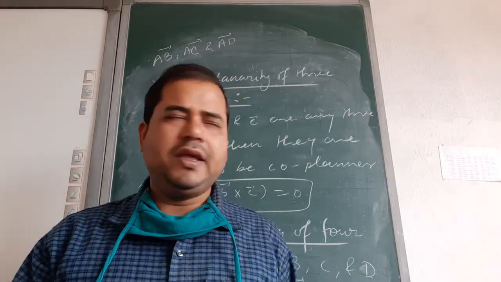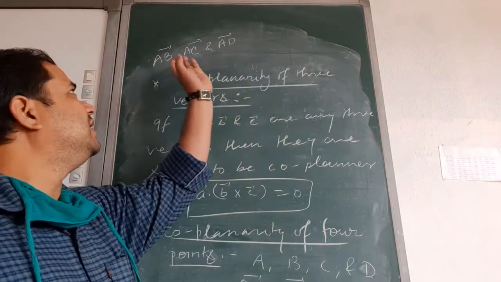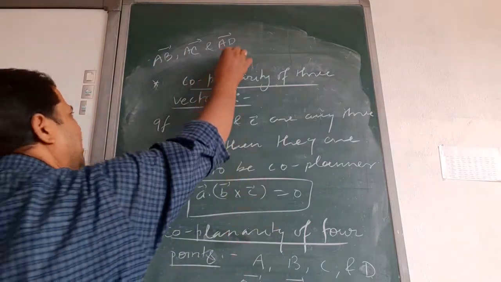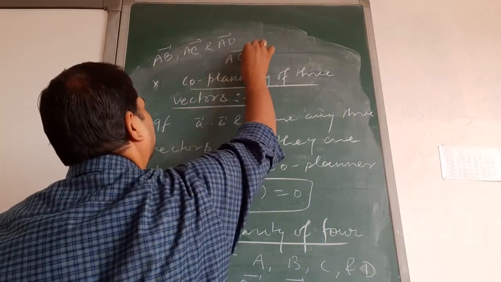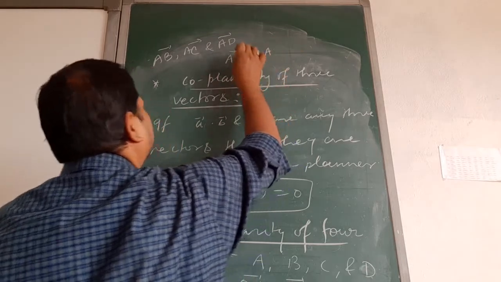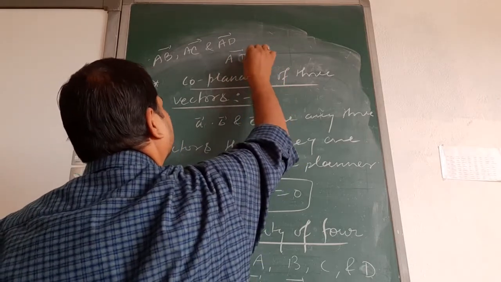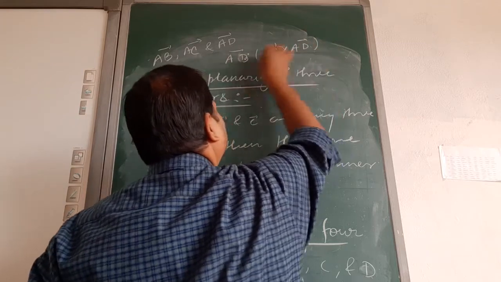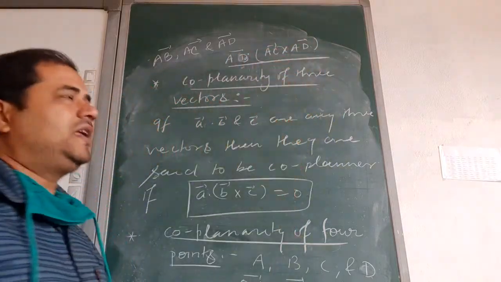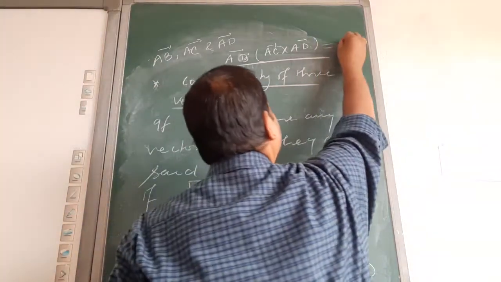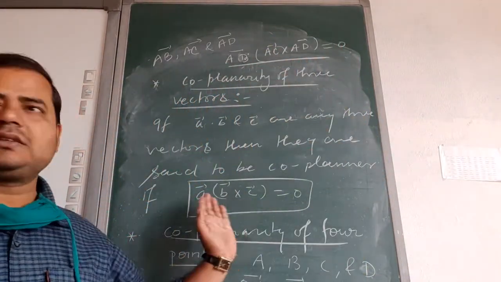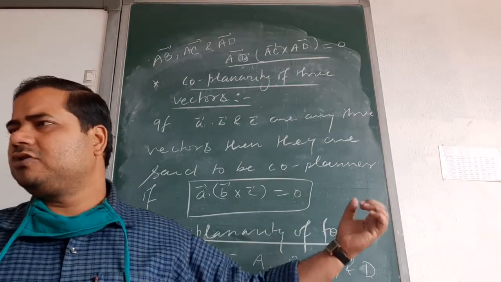AB, AC and AD. Then these are what? Three vectors now. And they are coplanar only if AB dot AC cross AD is 0. तो ये 3 वेक्टर्स कोप्लानर कब होंगे? जब ये 0. क्लियर? मतलब 3 वेक्टर्स हैं तो ठीक है, A डॉट B क्रॉस C 0 होगा तो कोप्लानर.